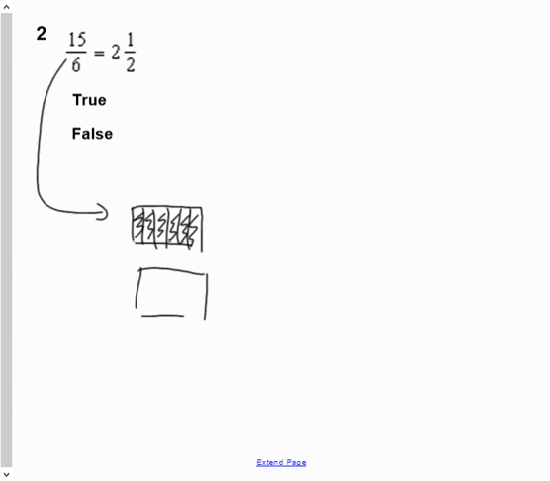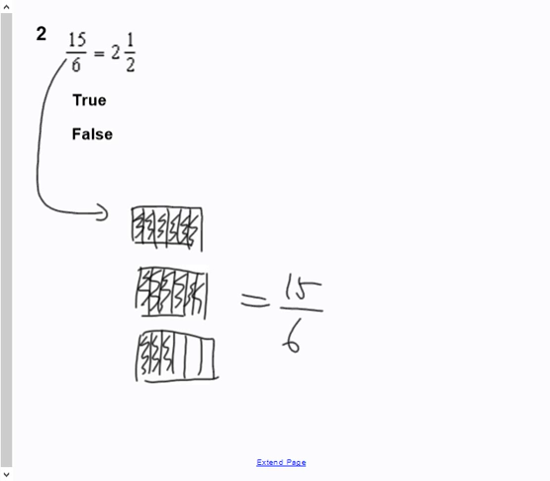Question 2, we have 15 over 6 is equal to 2.5. Well, 15 over 6 is a mixed fraction. So if we think about something divided into 6 parts, there is 6 parts here. If I double that, can I double that? No, maybe not. If I double it, 4, 5, and double that again, there's 12 sixths plus an additional 3 sixths. Altogether, this would be 15 sixths, because each one of these is a sixth of a chocolate bar,